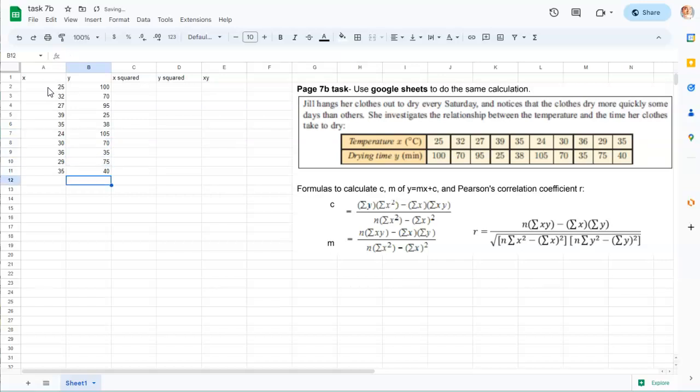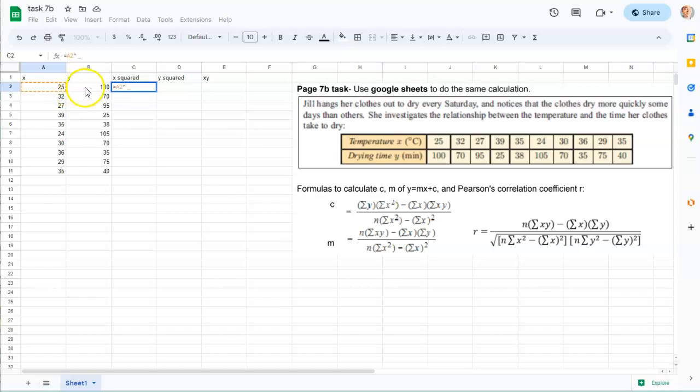Okay, so I have all my x and y. Now I need to generate my x squared. I'm going to assume that you haven't used Google Sheets before, so you put the cursor into C2, and you put an equal sign there. That's going to prompt you to put in some kind of math formula. So click in C2, press equals, click on A2. What we want is the A2 value squared. So we're going to put the caret sign,